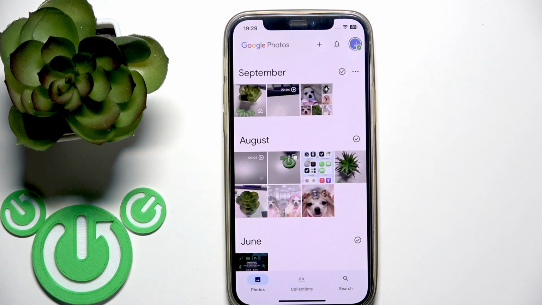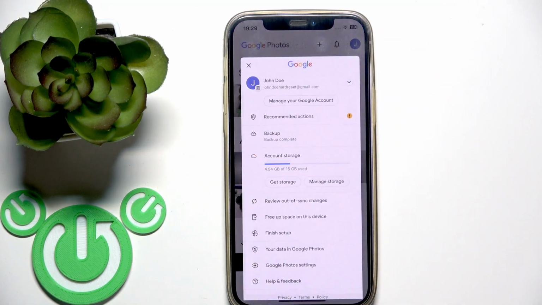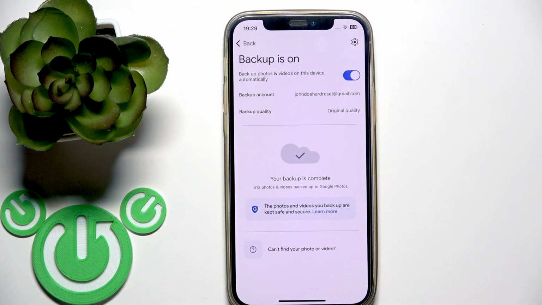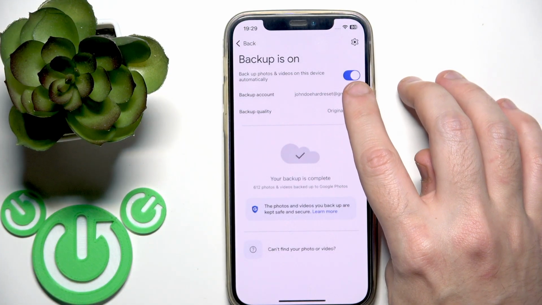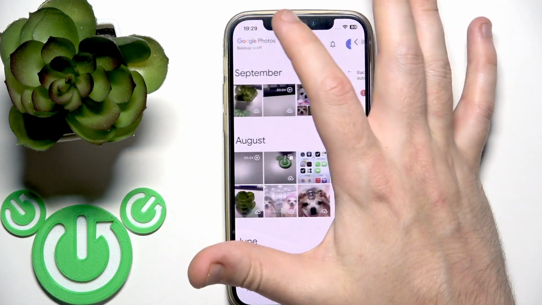Then let's say I want to remove this picture from my Google Photos, but not from my phone. So you need to open Google Photos application, then click at the profile icon at the right top, and click at the backup. Firstly, we need to disable backup. So click at the slider, if the slider have colorful background. And we just did it. Then